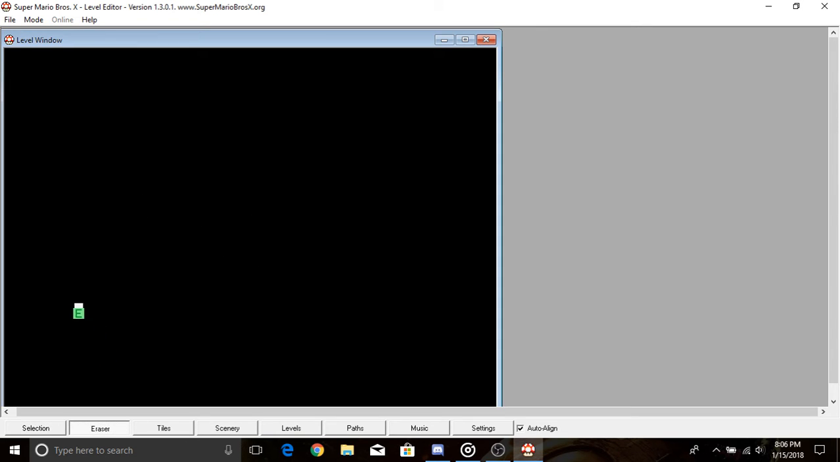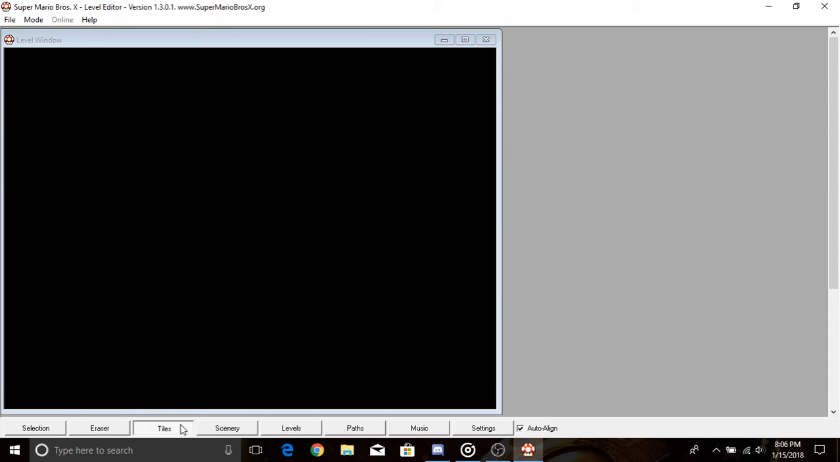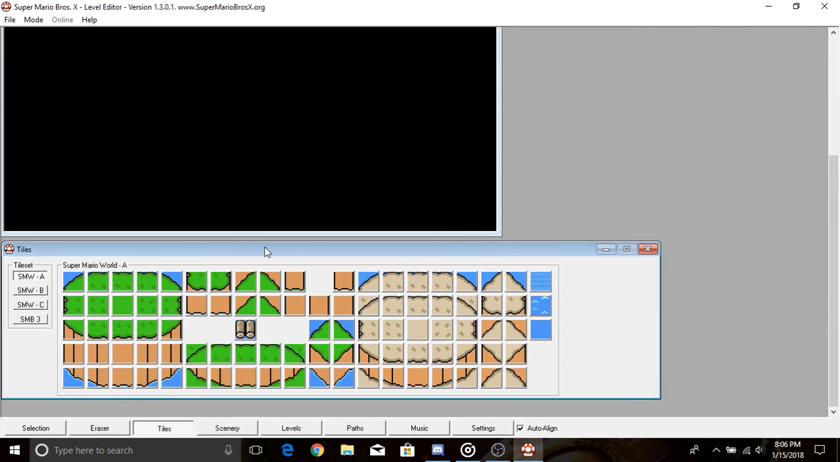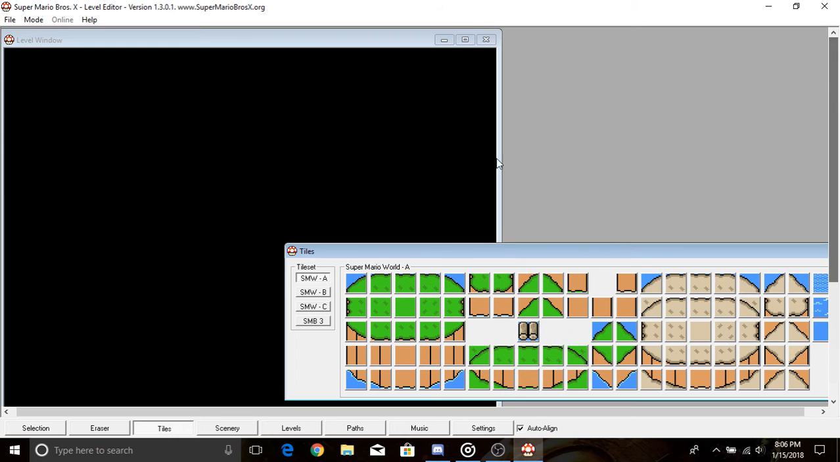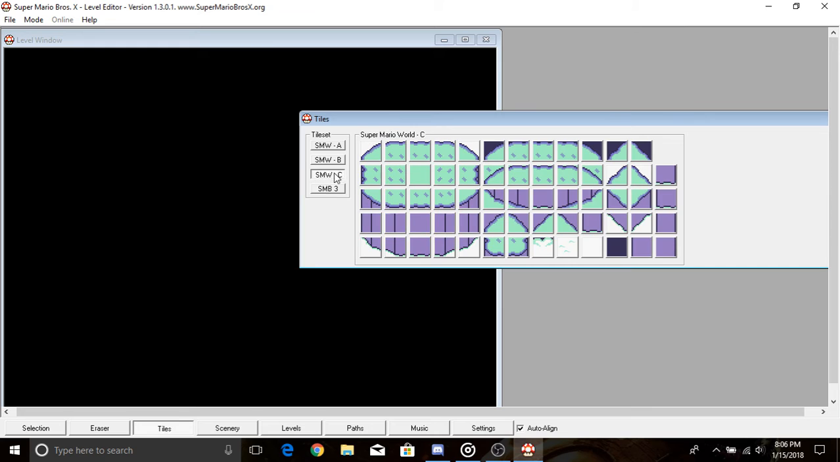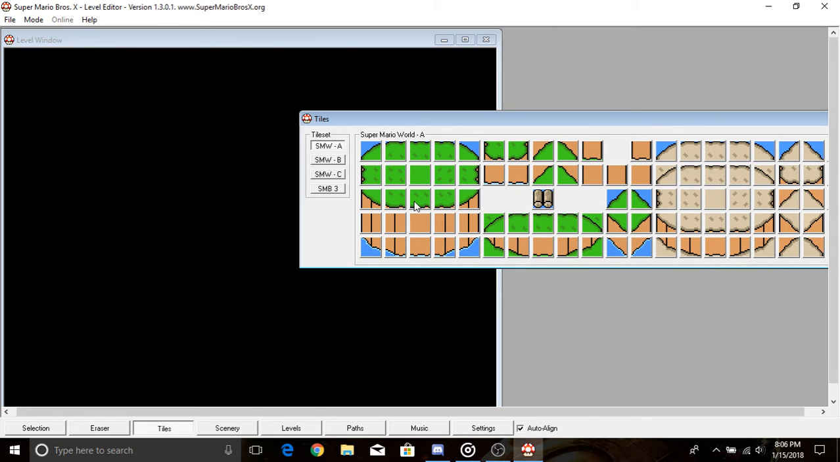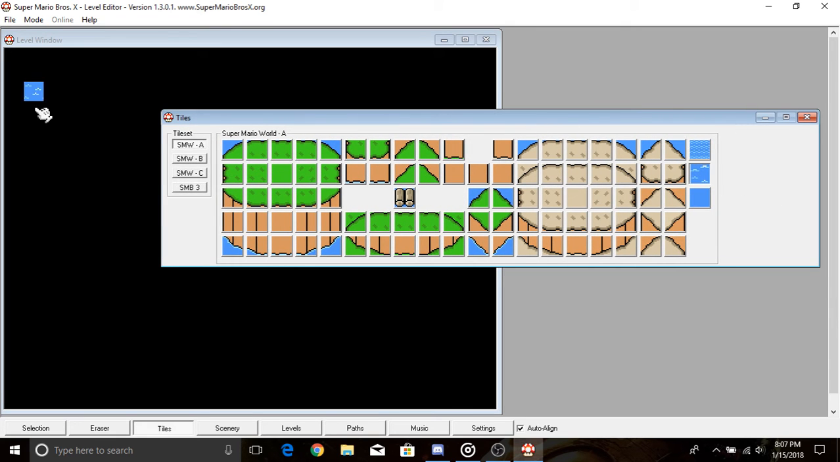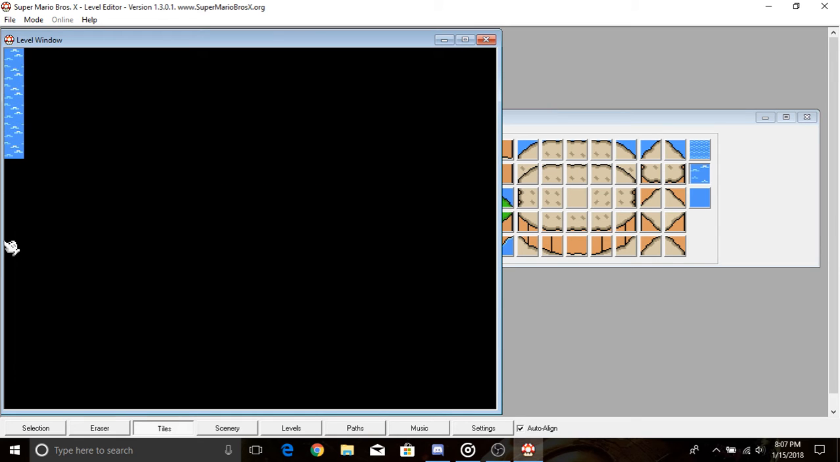Now we're going to start with the eraser tile, selection tile, same kind of stuff. The tiles, same kind of stuff. If we want to place a tile down here, these are the tiles we can use for our overworld. We've got Super Mario Bros. ones, Super Mario World ones. We have all kinds of different ones that we can use. For example, if we want to place some water down, I can. As you can see, boom,